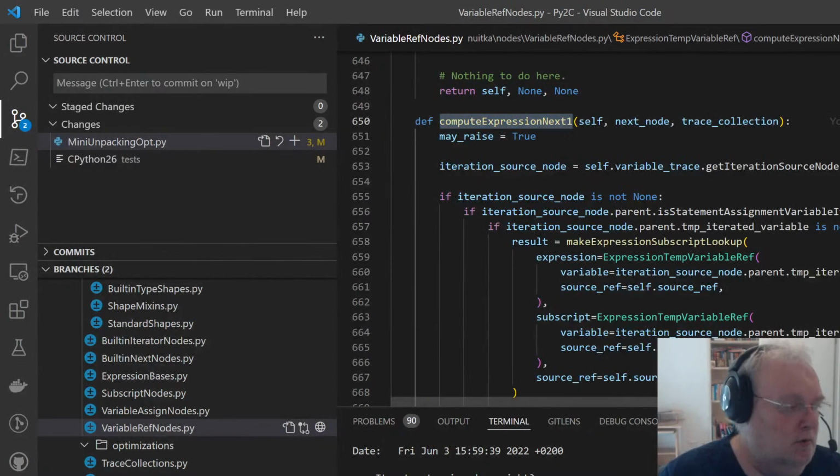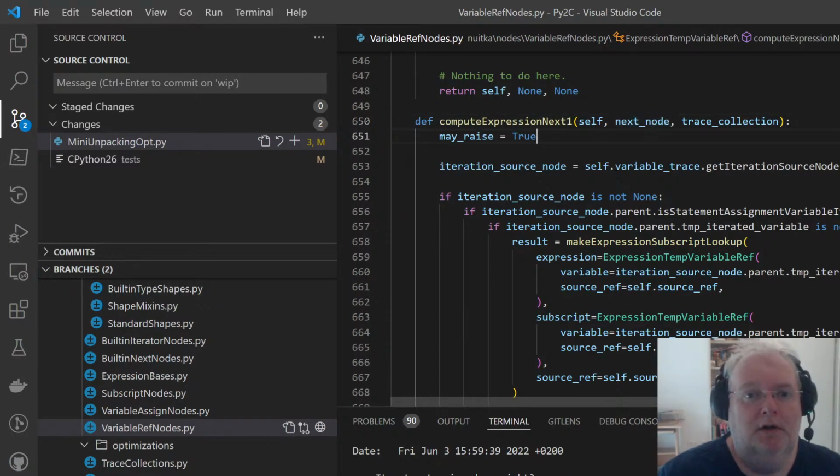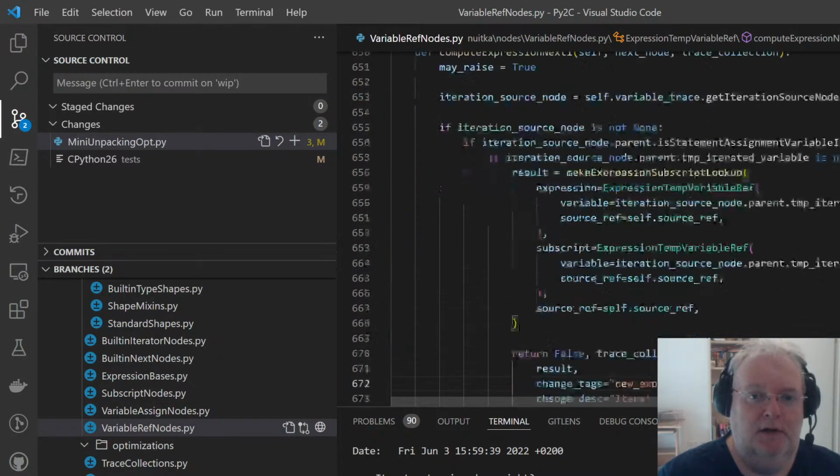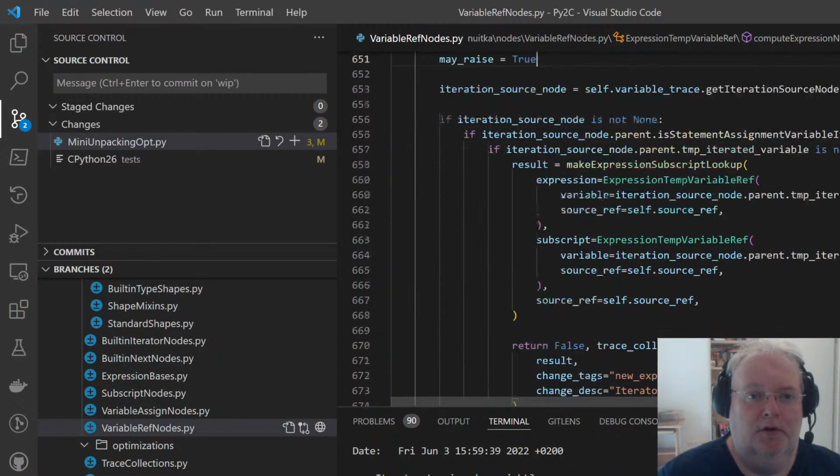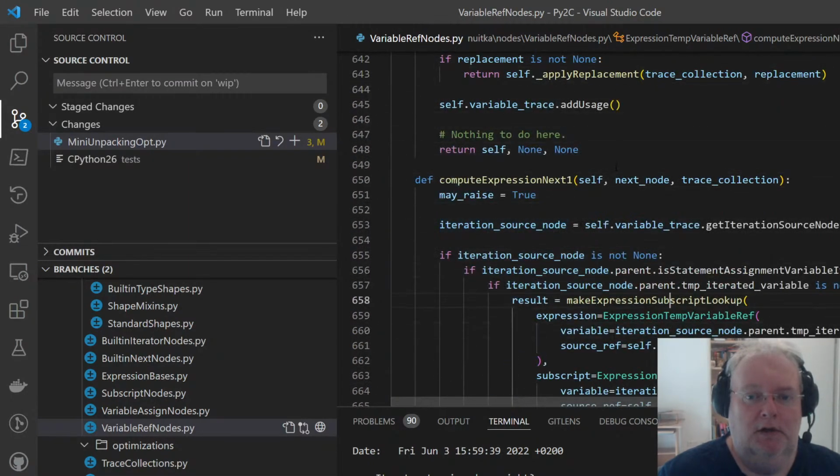My child will know better what next does than I do, so I'll just pass it on. If it hasn't any influence on me, you can replace myself with, for example, an exception, or like it's done here with a subscript lookup.